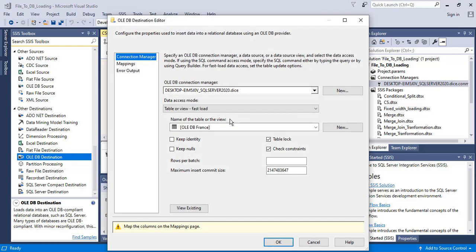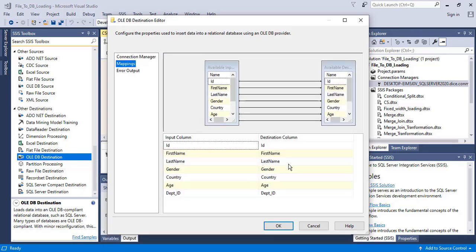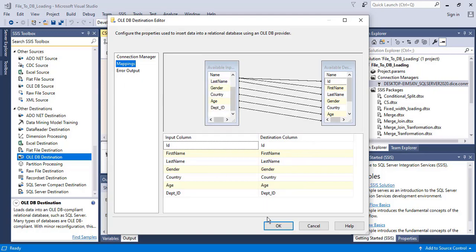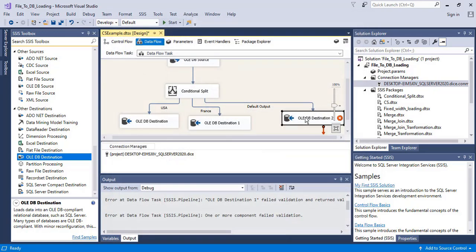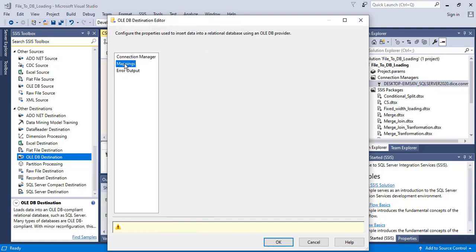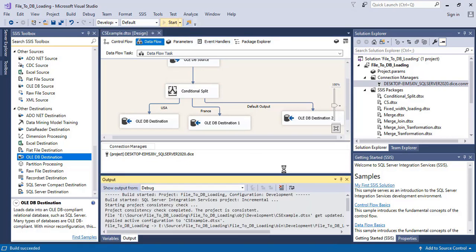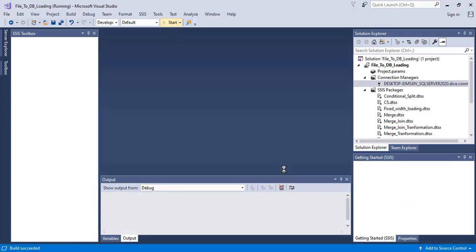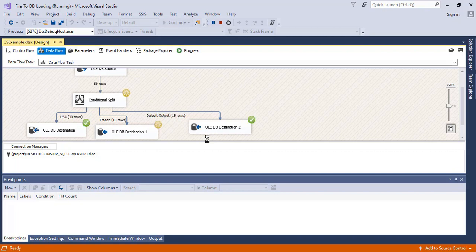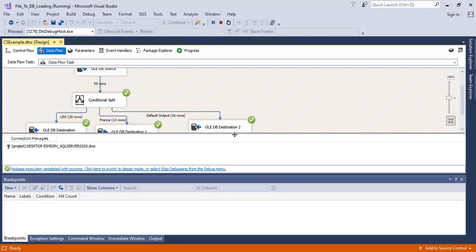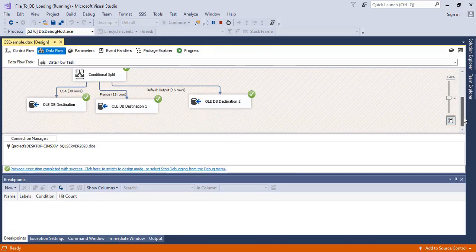This component failed. Table or view, mapping columns on the mapping. Okay, fine. Mappings. Okay, fine. Save this. Now execute this. The process is successfully executed.